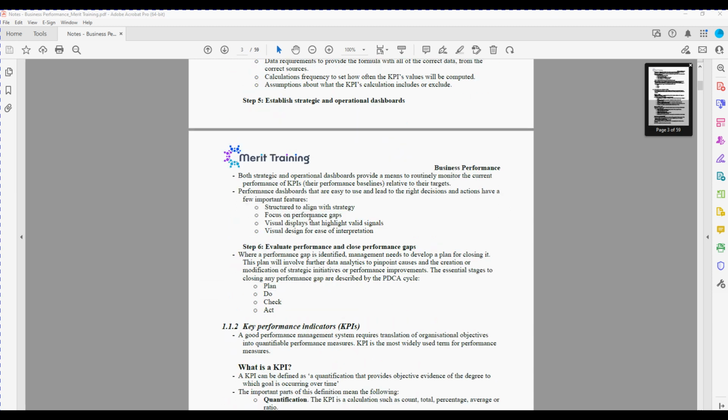But ultimately what KPIs do is they basically provide almost a dashboard to routinely monitor the performance of the business relative to targets. So for example, we can track NPS over time. If NPS goes down, which is Net Promoter Score, it's basically a measure of how happy people are in your organization, and for customers, would they refer your products to others? So you can measure that trend over time. If NPS is going down, you realize that something's going wrong in the business, you can investigate it. And it allows you to identify it early, so you can still step in and ensure that the business is on track to hit its longer term goals and strategy.